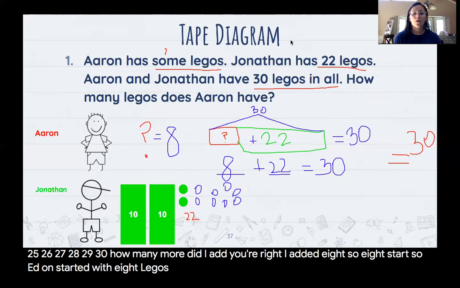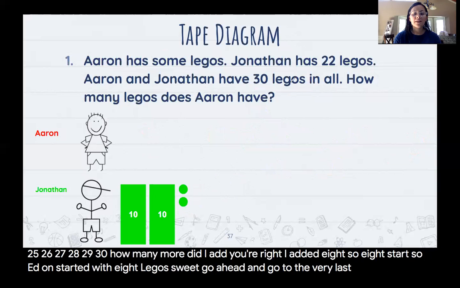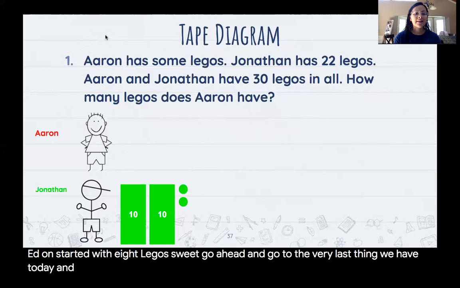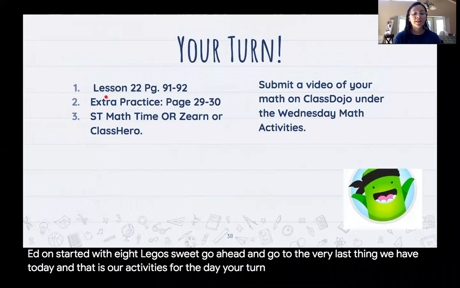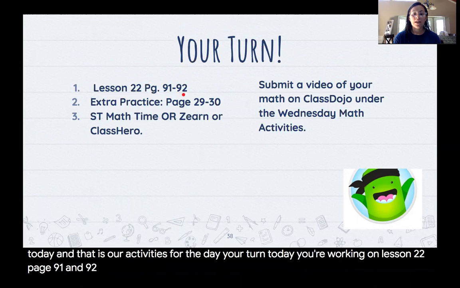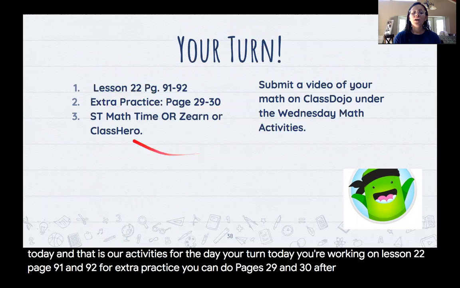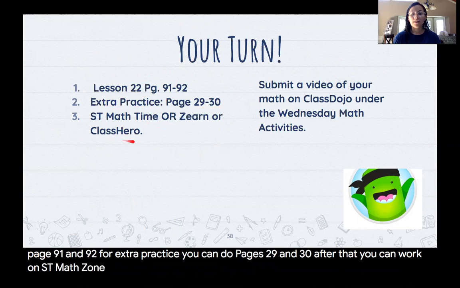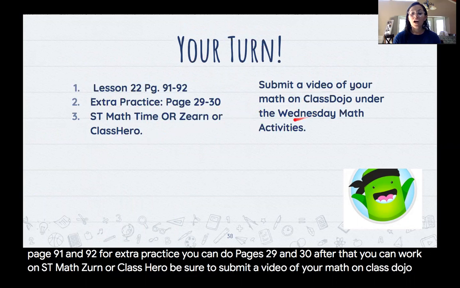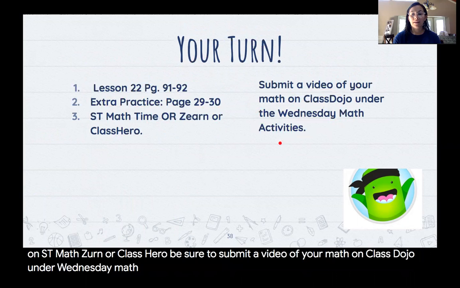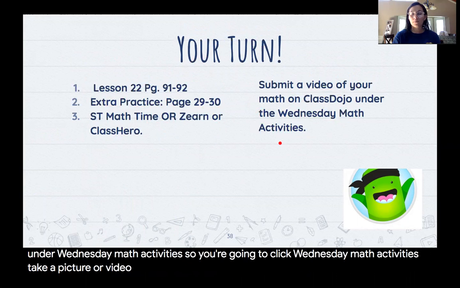Sweet. Let's go ahead and go to the very last thing we have today, and that is our activities for the day. Your turn. Today you're working on lesson 22, page 91 and 92. For extra practice, you can do pages 29 and 30. After that, you can work on ST Math, Zearn, or ClassHero. Be sure to submit a video of your math on Class Dojo under Wednesday Math Activities. So you're going to click Wednesday Math Activities, take a picture or a video of all your math you've done,